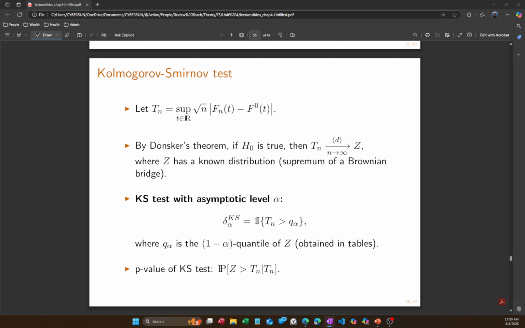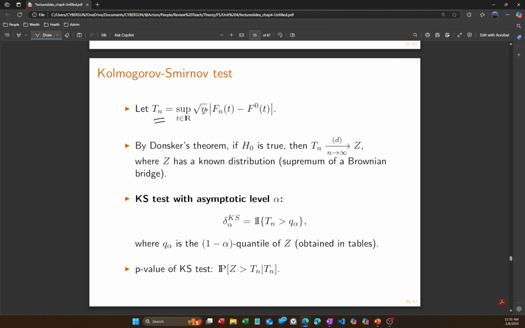Now let's dive into our definition, our presentation. Now let's start with the test statistic. Tn here is a test statistic and it's equal to the supremum